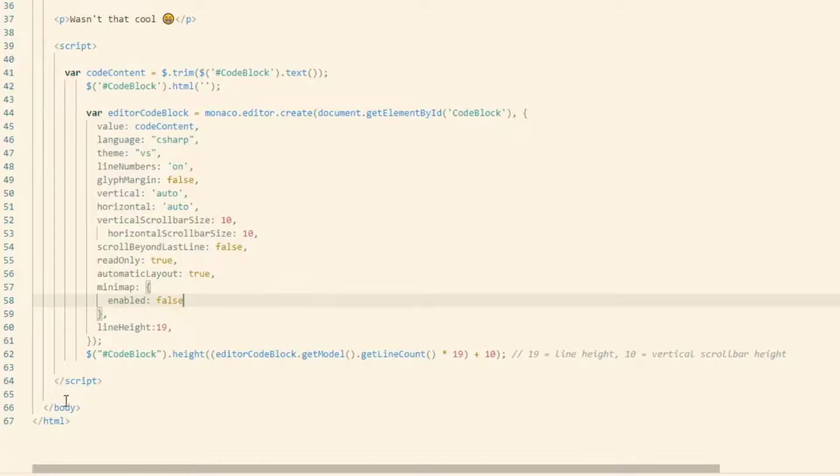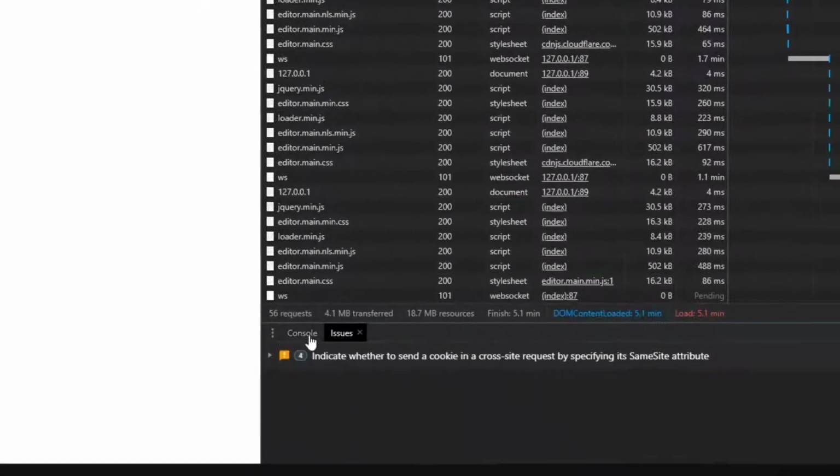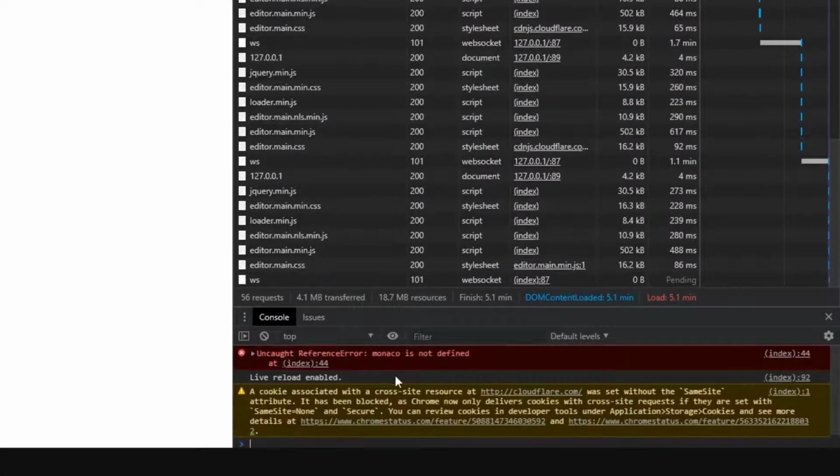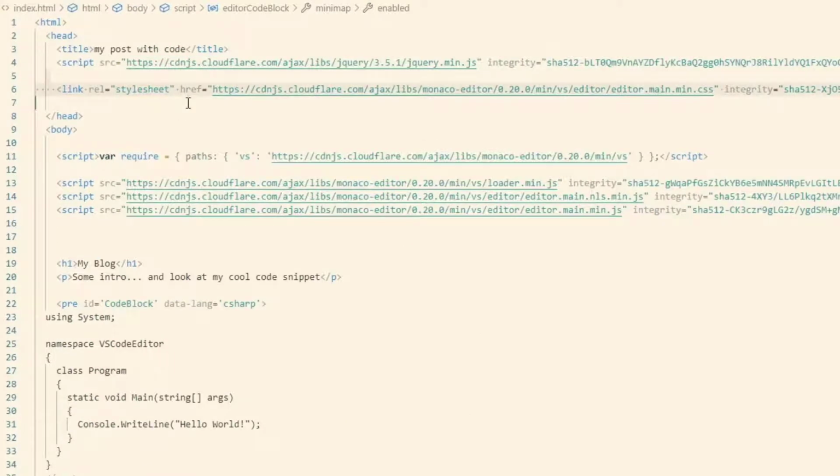Okay, so this has saved, and if we look back here, at the moment there's no code. There's also no errors. If we look in the console, you can see at the top here it says monaco is not defined. The reason for that, in this case, you'll notice when we copy this across, the default way that copies across is just with